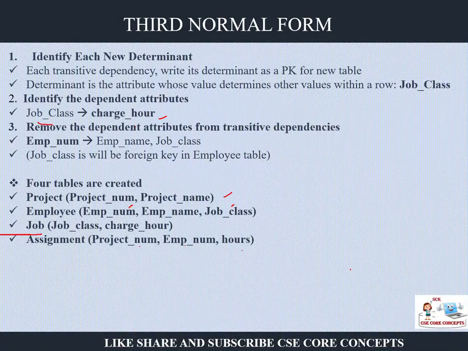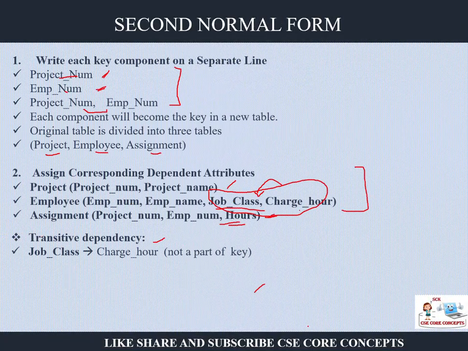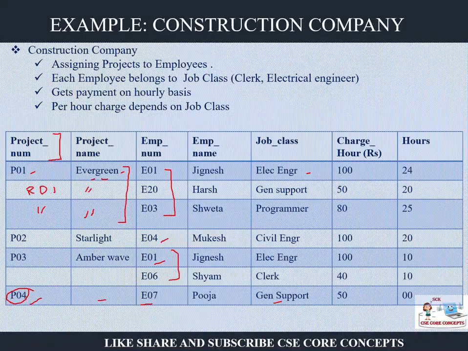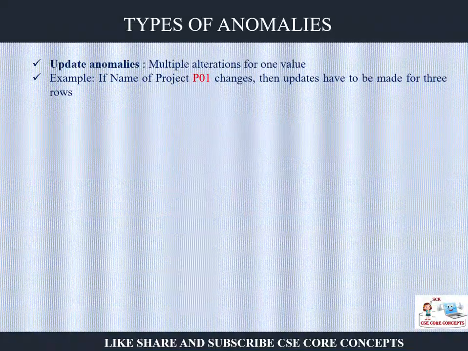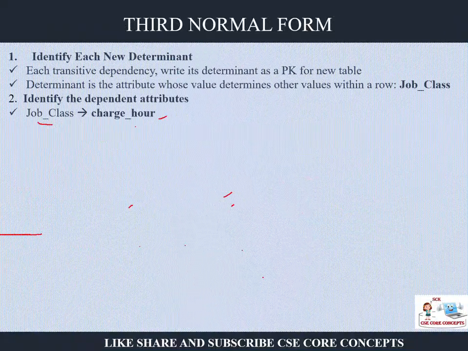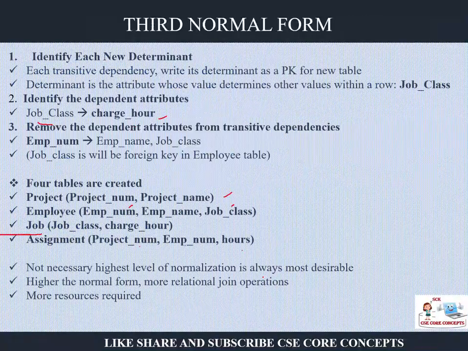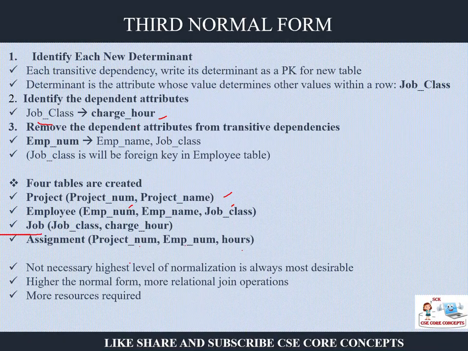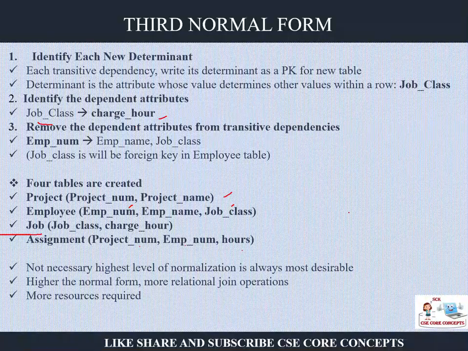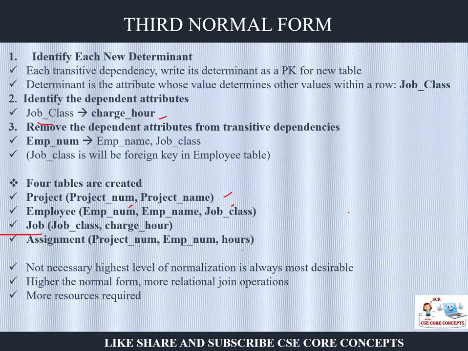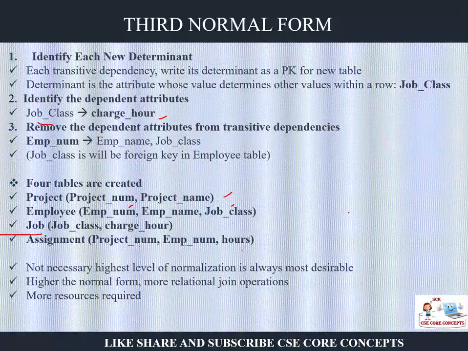Because it may happen that one employee is associated with multiple projects. We have seen this employee, that is E01, was associated with two projects, P01 as well as P03. Understood? So in order to remove this redundancy, we have broken it into two parts. Now one thing you have to understand, that always going for the highest normal form does not necessarily give the best database tables. It is not so.